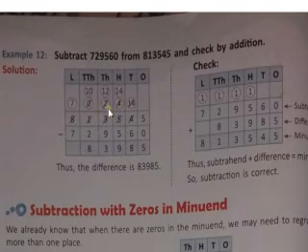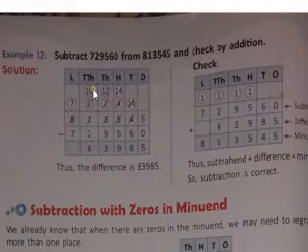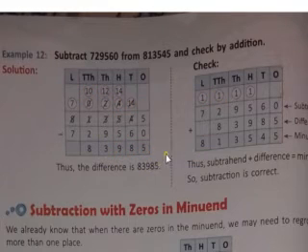Now here remains 2, and 2 is smaller than 9. So again taken carry from here, 1. It became 0 over here, and it became 12. So 12 minus 9 is 3. Now 1 already taken as carry, 0 is left, 2 is bigger than 0. So 1 taken carry from here, 10 will become 10 plus 0 is 10 only. So 10 minus 2 is 8. Now 1 taken carry, then how much is left? 7. And 7 cancels. 0 also you can write, or you can leave it without writing. So what becomes the difference? Thus the difference is 83,985.